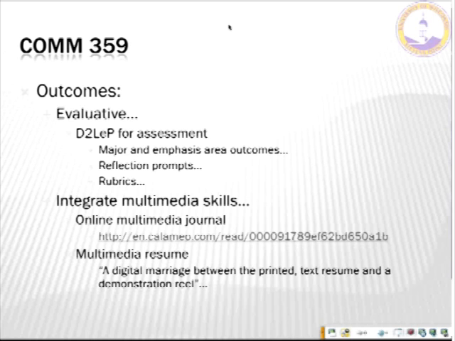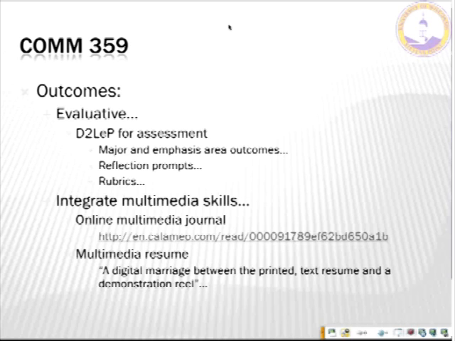So I'm doing these two things. One of the neat things about the ePortfolio platform is you can have them do multiple presentations. One of the presentations they're going to be doing is for assessment. My colleagues in media studies have chosen to have 12 learning outcomes, so they're going to have to create 12 pages in their assessment ePortfolio. I've already created a rubric which they will attach, and I've also got some reflection prompts designed for them to deal with each of the 12 items in our rubric.